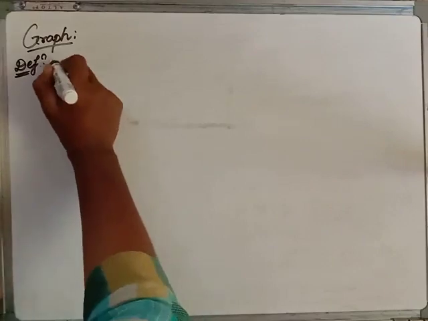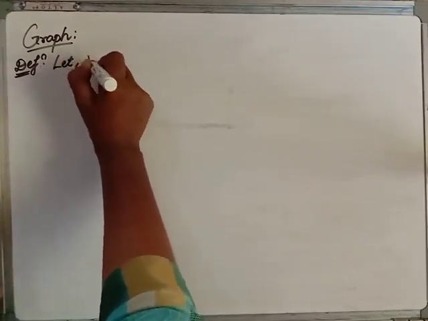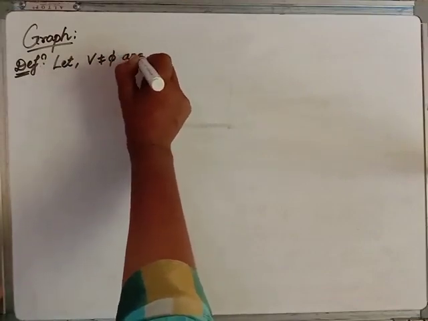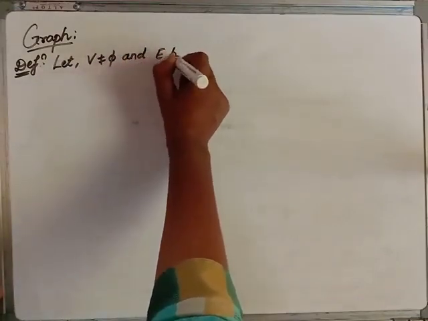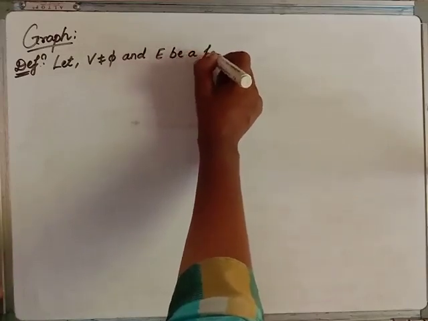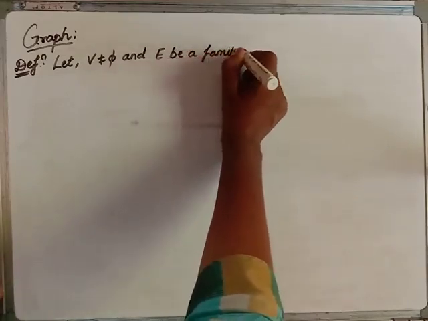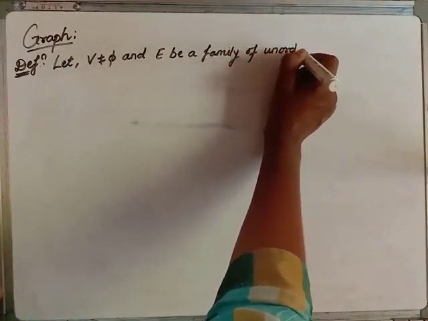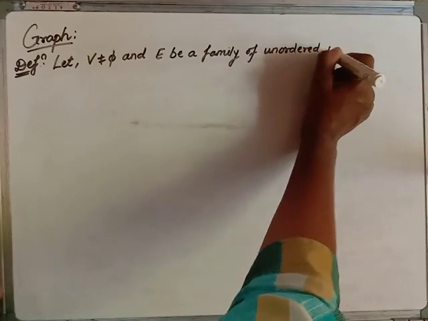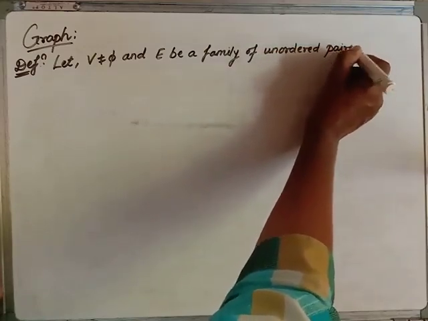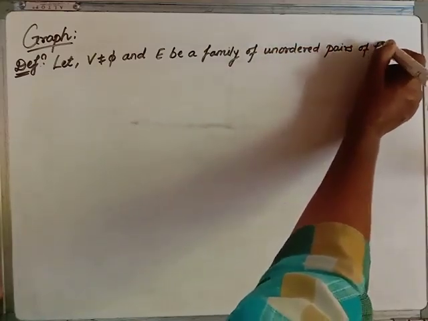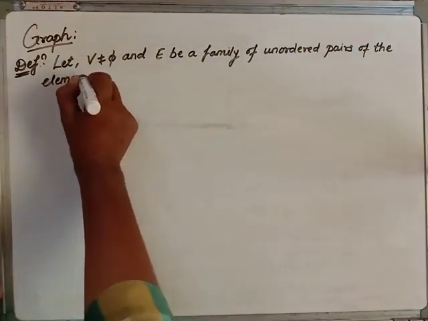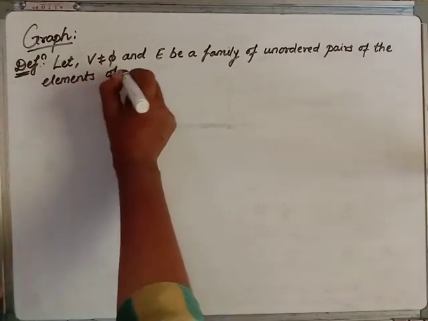The definition says: let V be a non-empty set and E be a family of unordered pairs of the elements of set V,